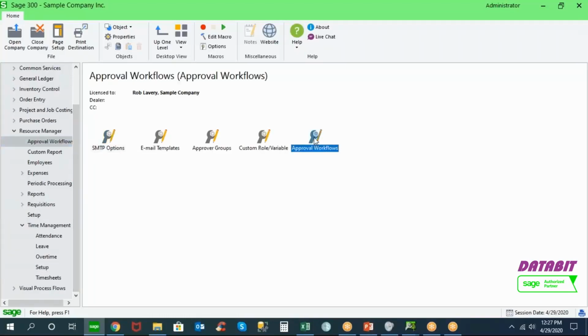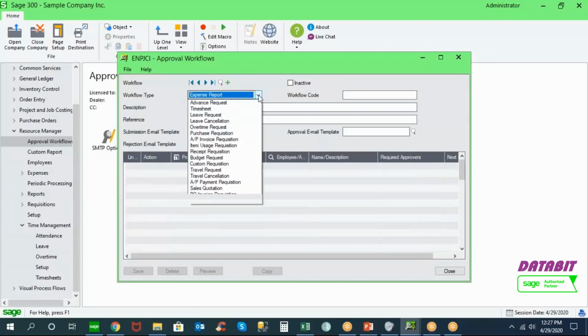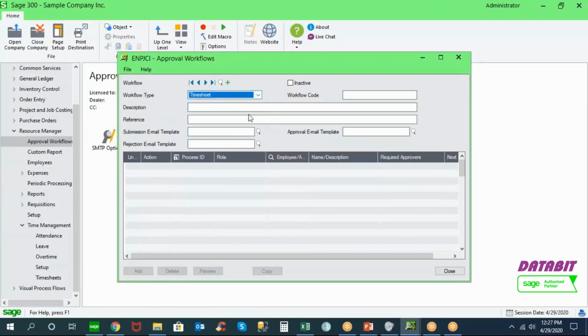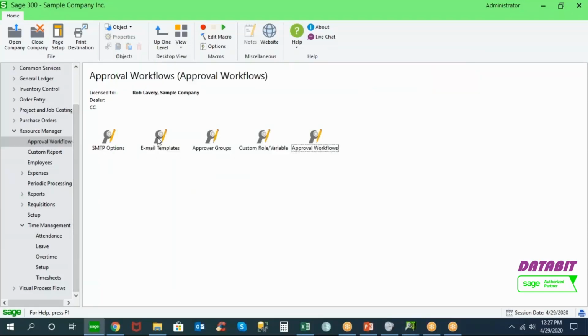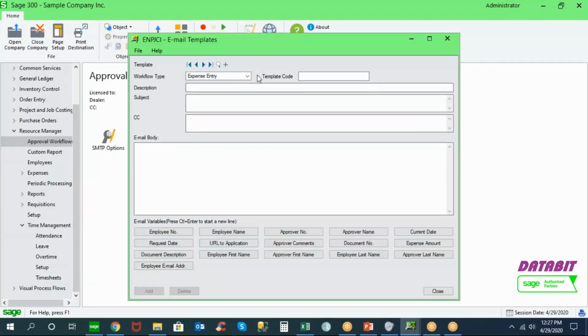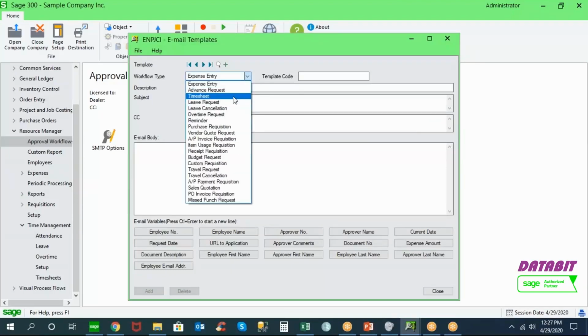Now, just to take a couple of minutes on the approval workflow, these approval workflows are configured in the back office by document type. So with the approval workflow, I could do it for expenses, I could do it for timesheets, leave requests, but just very quickly, notice that we use email as an alert function when timesheets are submitted, rejected, or approved, because we give you the option to create your own email templates,